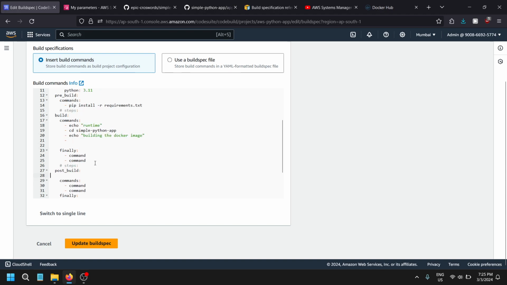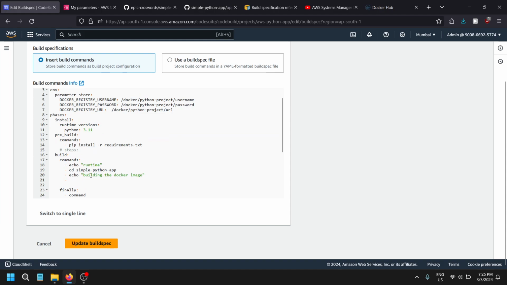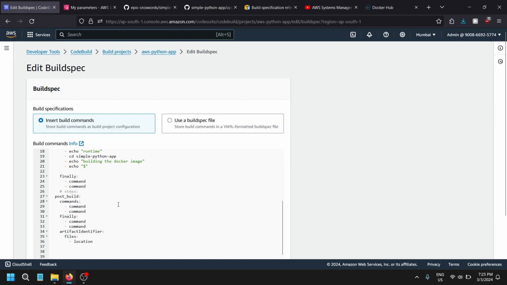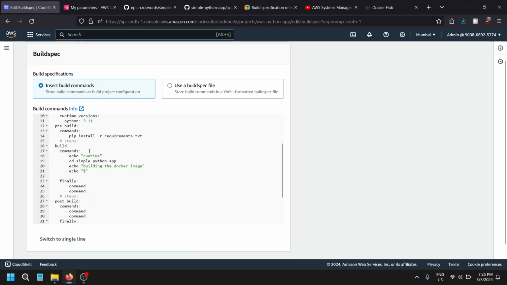So from the post, let's complete the pre-build. I can provide my username and the password as part of an echo command over here. Let me call my Docker username. Let me call my Docker password itself over here, and we can do the login to the Docker Hub first. So go on, docker login